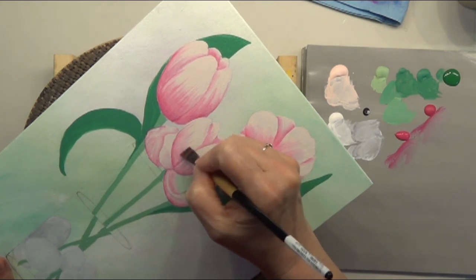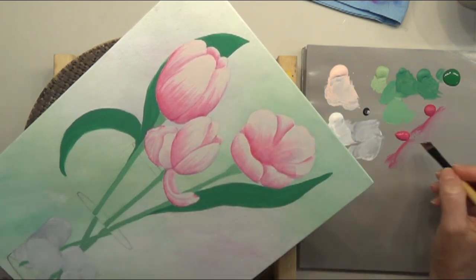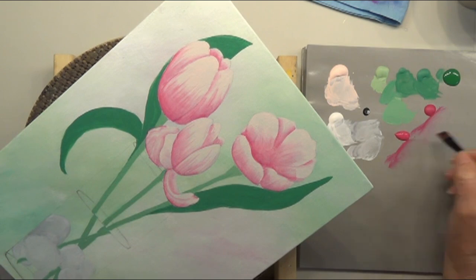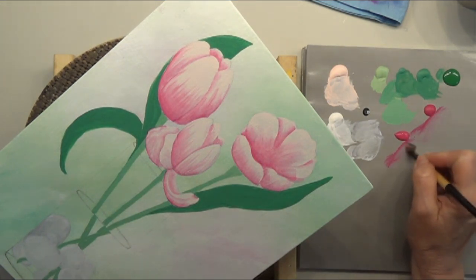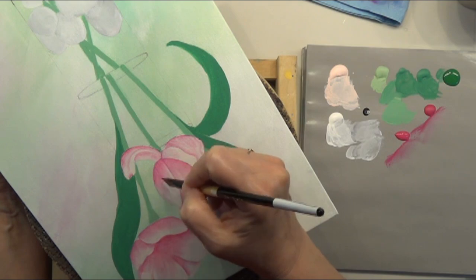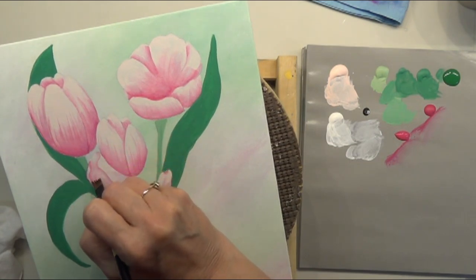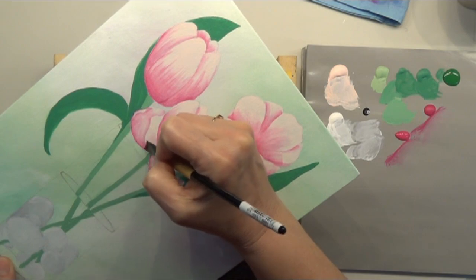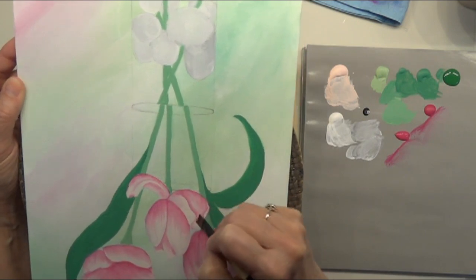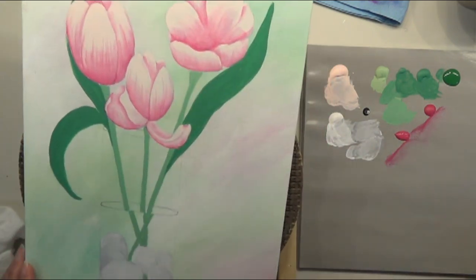Light layers here. Nice sheer layers. So grab water, a little bit of paint, blend, blend, blend, soften, soften, soften. The key to floating is having the right amount of moisture in your brush. Up on the tippy toe here. Don't want that to be super wide and fill in that whole thing there, so